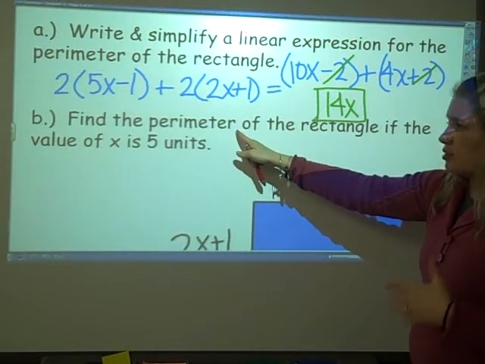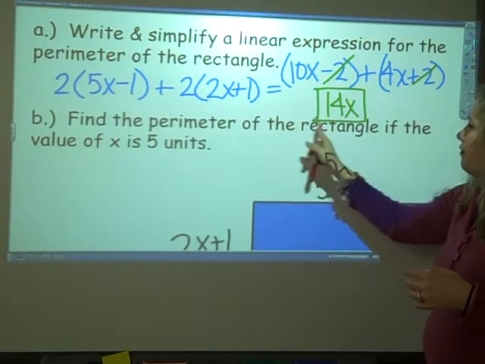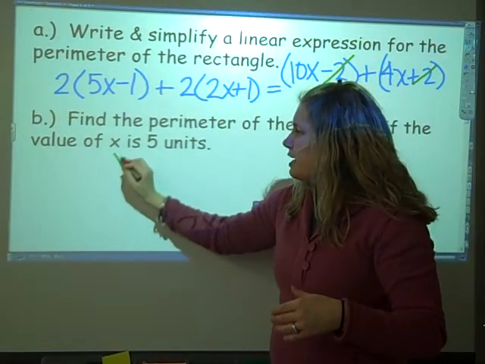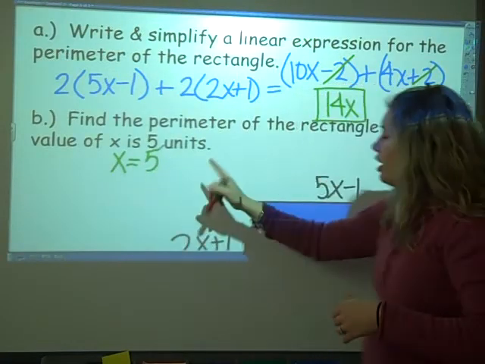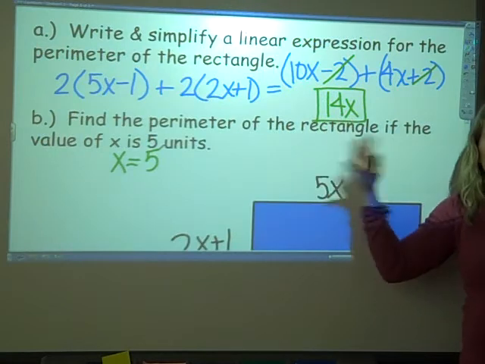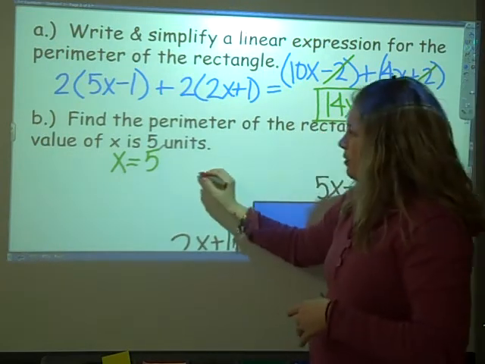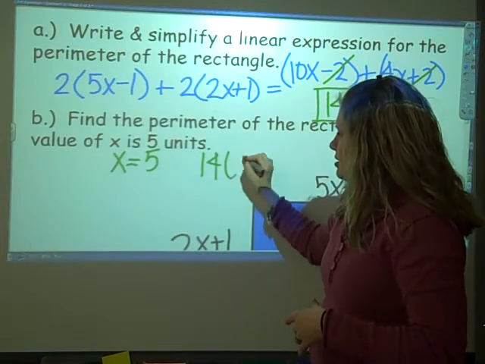Find the perimeter, so this is part B, second part, of the rectangle if the value of x is 5. What they're saying here is x equals 5. They want you to now plug it in because we didn't know what x was, so our answer had to have x in the first part. So what we do for part B is we do 14 times 5